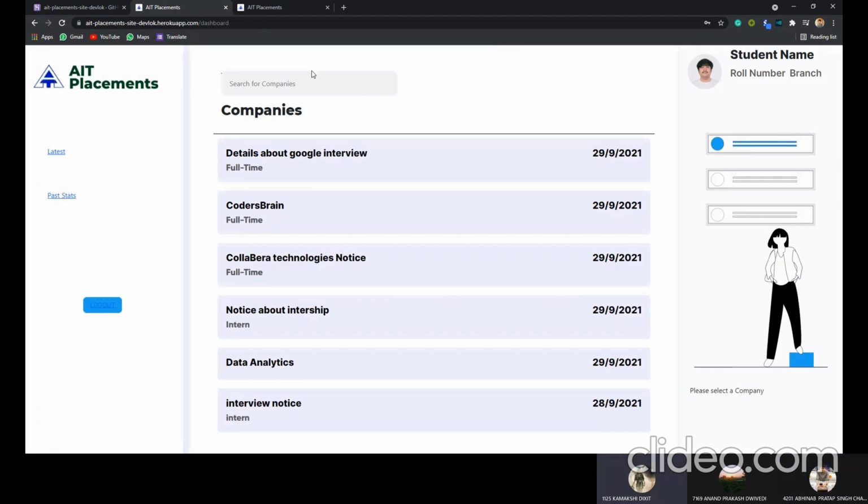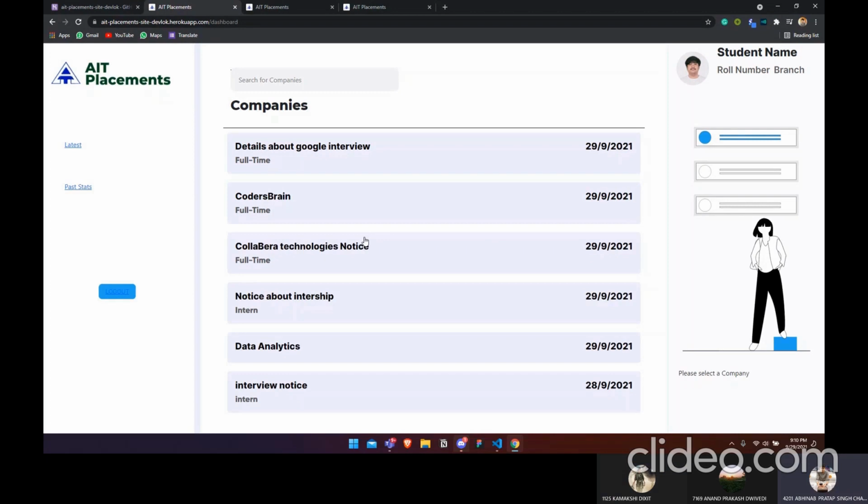So basically this is the dashboard and it was made by Abhinav. So from here Abhinav will continue. Okay, thank you, Kamakshi. So this is the core page of our website, which is going to show all the necessary data. Our whole idea was to keep the site simple and plain, a one-page site, which will give you all the necessary data that you need if you are looking for any company or any notice about any company or intern, anything that you're looking for. It should be fast and easy. So this is what we have gone through.